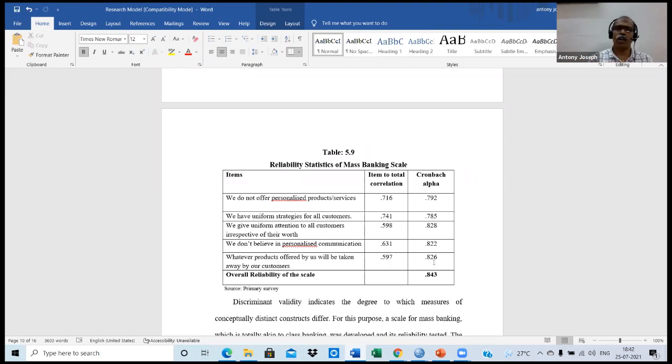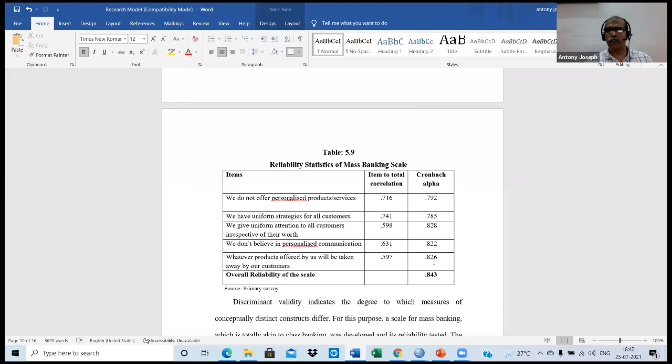Suppose if a particular aspect is measured with a single scale, then you don't want to show everything together in a bundle. So you see, I have measured mass banking, but the reliability statistics of mass banking is shown separately.